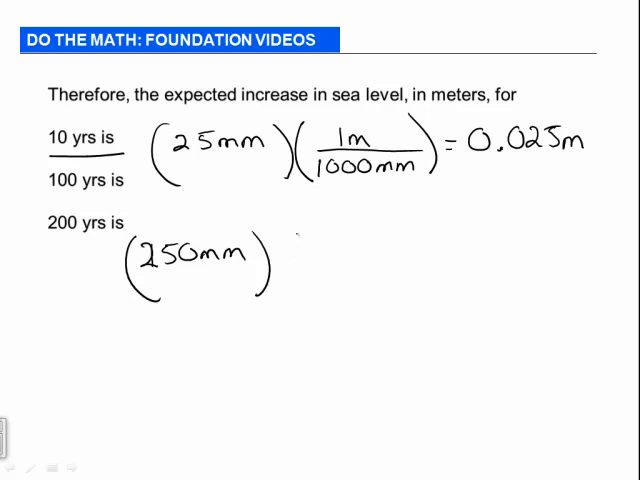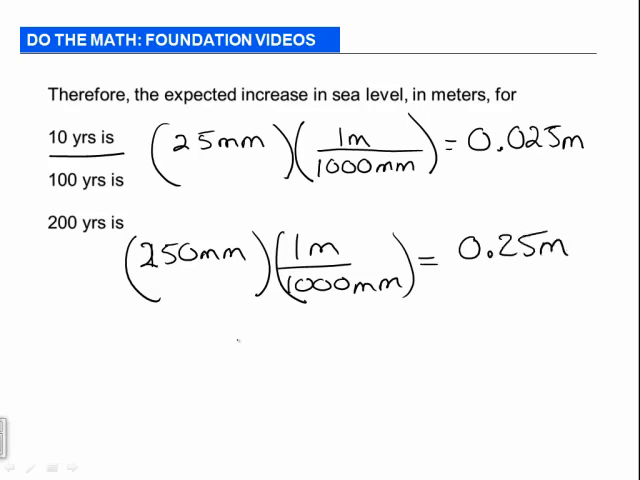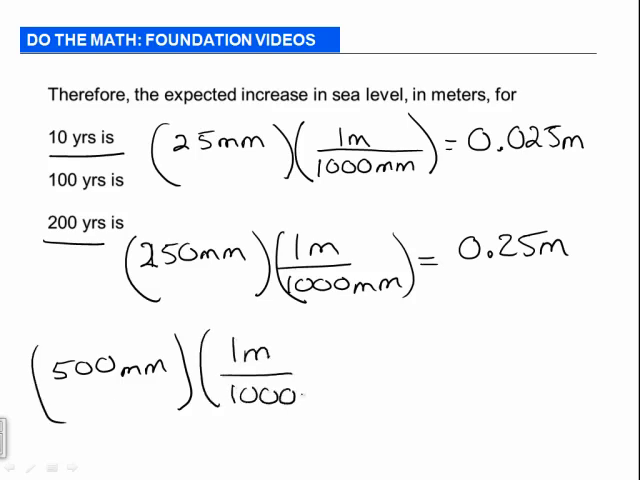And for 100 years, that number, if you remember, was 250 millimeters. And you would multiply that by 1 meter over 1,000 millimeters. I say multiply, but you're going to divide because the 1,000 is on the bottom of that fraction. And you get 0.25 meters. And for 200 years, remember we had 500 millimeters. And then we're going to multiply that by 1 meter over 1,000 millimeters. And that will be